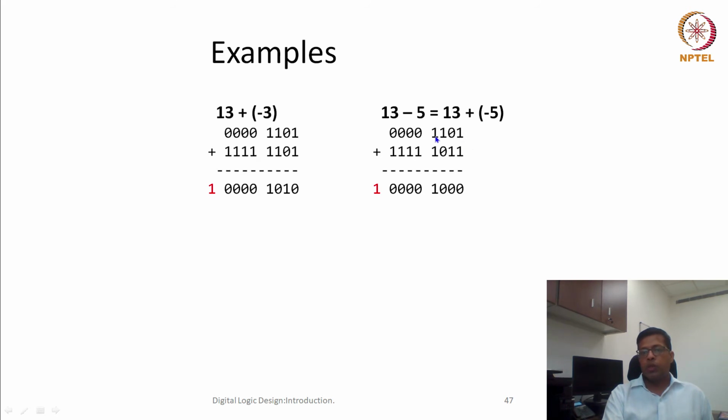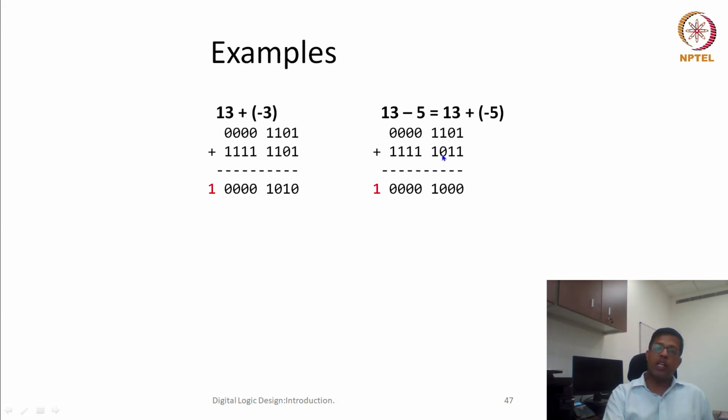So 13 would be represented by 0 0 0 1 1 1 0 1, and minus 5, if I calculate, is 1 1 1 1 1 0 1 1. How did I get it? Basically 5 is 1 0 1. If I invert it, it will become 1 1 1 1